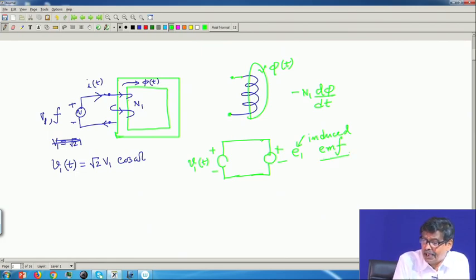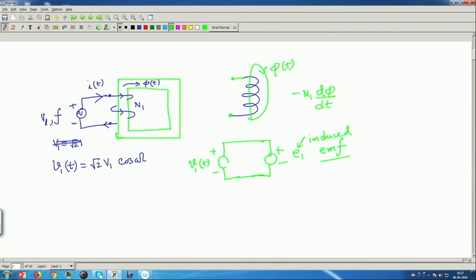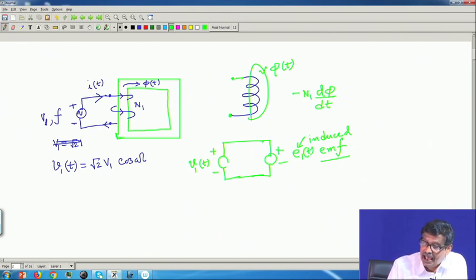In case of a DC magnetic circuit, this E1 will not be there. There is an applied voltage which is constant. Of course, current will be limited by the resistance of the circuit, V by R. That is why current gets fixed. But here what I am telling is, the induced voltage in the coil will be the same as the applied voltage. Only thing about the polarity, its polarity will be such that it will try to oppose the very cause, that is the flux.